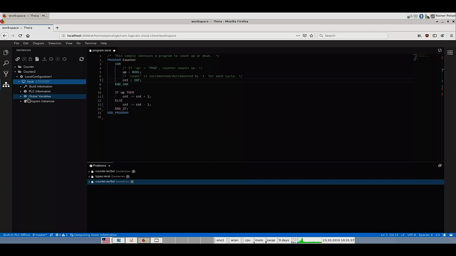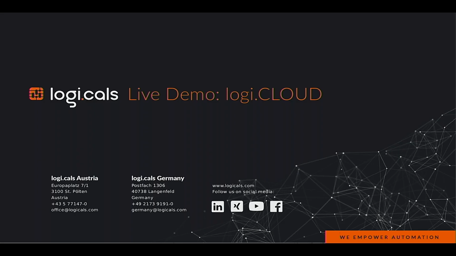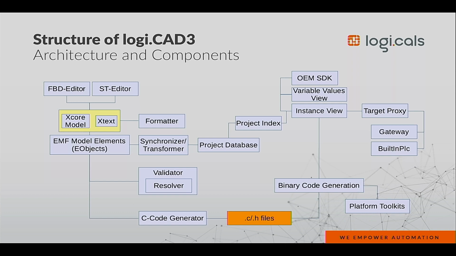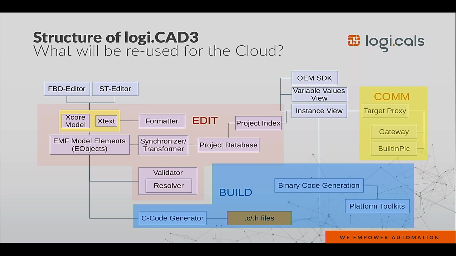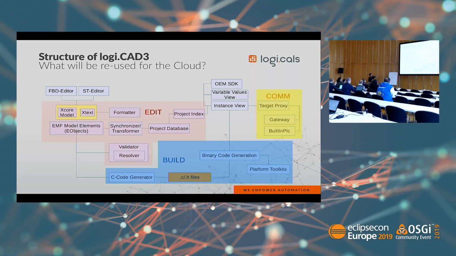So now let's talk about what's going on behind the scenes. So this is, again, a very high-level view of Logic 3. It's a bit more in detail than we've seen before with the three components. The question is now, how much of Logic has been reused to implement what we have now for Logic Cloud? And the answer is almost all of it. So all the language parts could be reused, all the build infrastructure could be used, and the target communication could be reused, and the parts that could not be reused